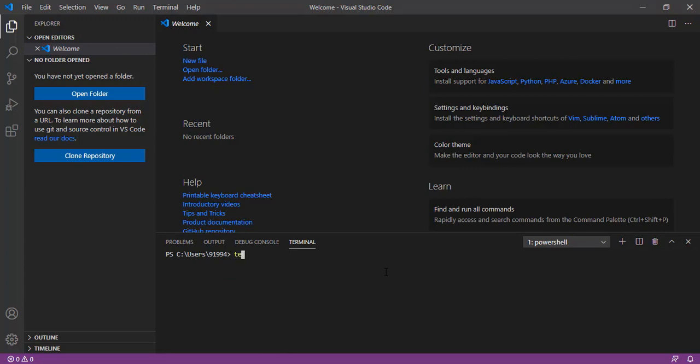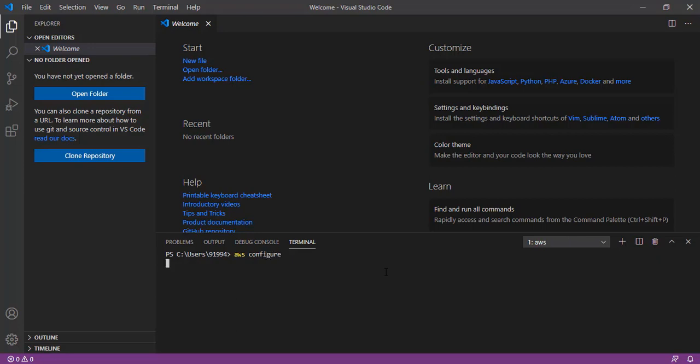Now I'm going to check the Terraform version from Visual Studio Code. Earlier we checked it only in the command prompt, not from here. So we have installed it, and I have checked the Terraform version. Similarly, I'm also going to check the version of AWS CLI. So we are able to get the output, which means both our Terraform and AWS CLI commands are working fine from Visual Studio Code.